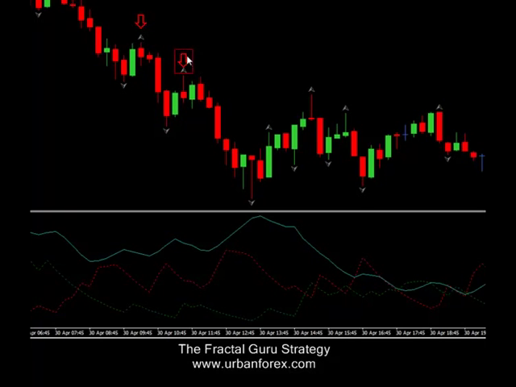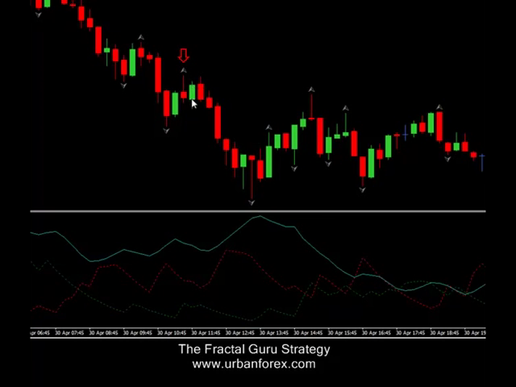Now how do we know which one to enter? Again, these up arrows should have candles with tails pointing to the up arrows. You can see this tail is not as big as the tail below it, and it's quite small, so we're going to remove this one. This is a false entry. This one here, look, a beautiful long tail pointing to this fractal. Nothing on the bottom. Once this happens, remember the fractal doesn't appear until the close of the next